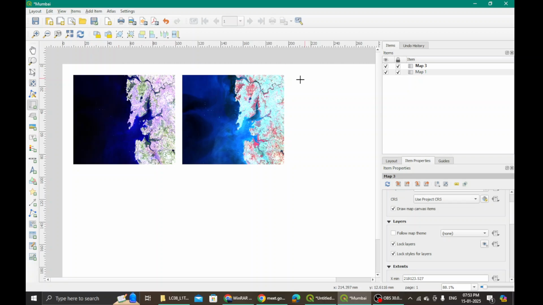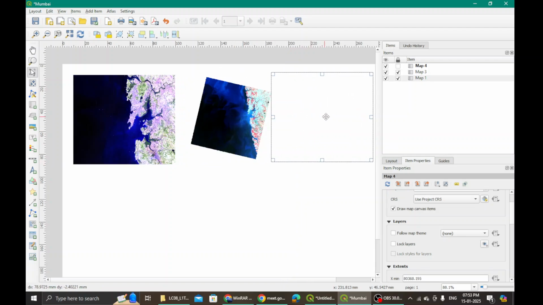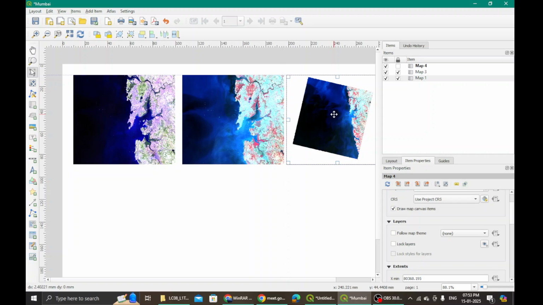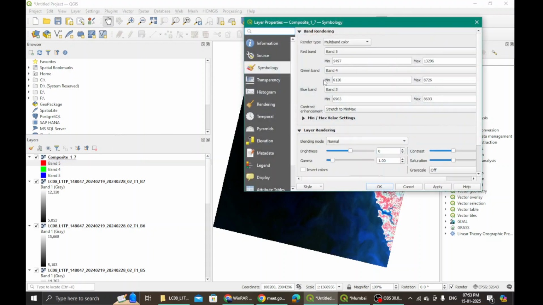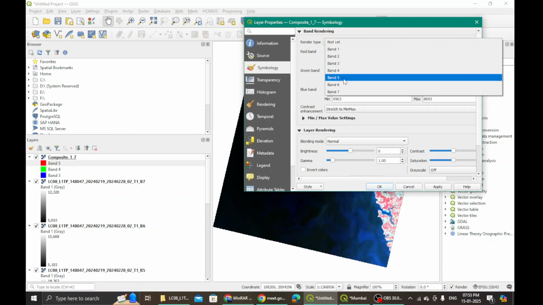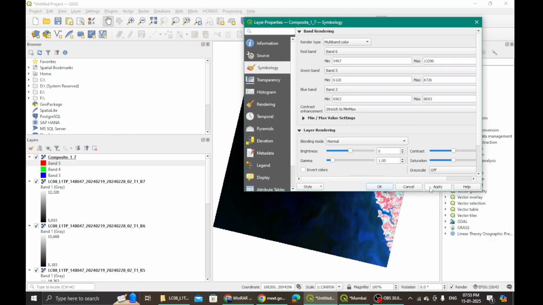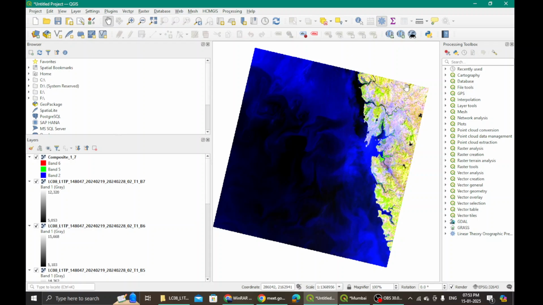Next I will add another map. Okay, both these are locked, everything is locked. So now I'm not expecting it to change, so I have made another. Now I bring this aside and keep it slightly away, and then I go back to my file where I will change the band composite yet again, and this time I want agricultural land to be seen. And what is the band composite? It is 652. So I click here, make it 652, right? And I say apply, I say okay. So this time I can see my agricultural areas are highlighted.